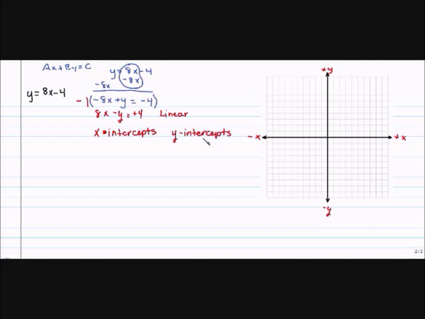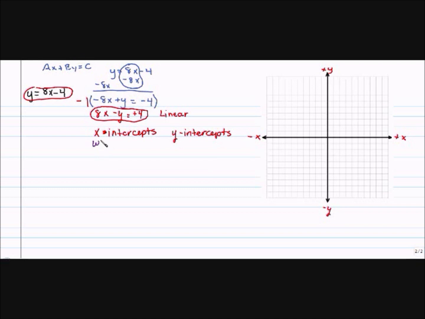In order to do this, I can take either equation. I can take this one in standard form, or I can take this one. Either way, you're going to get the same answer. Before I show you how to solve for an x and y intercept, what we're looking for on an x-intercept is where